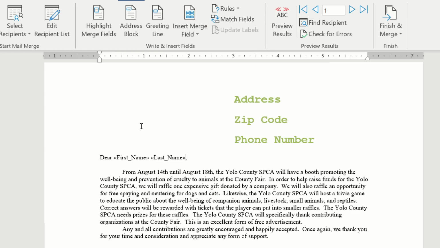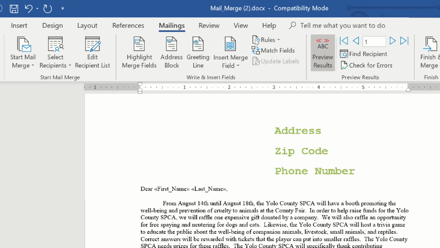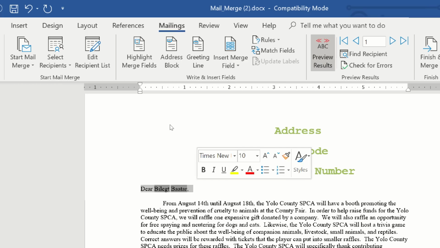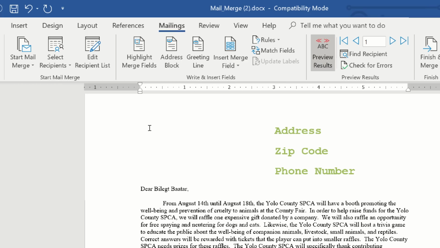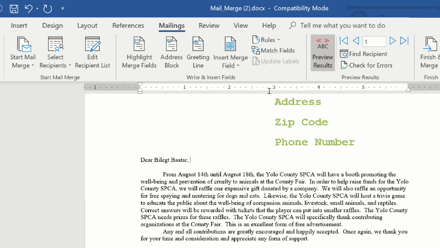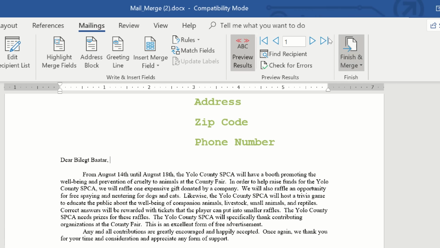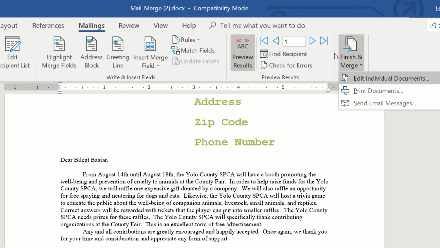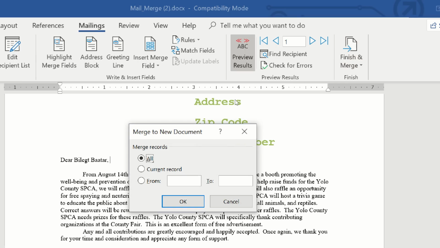So make sure it looks something like this, where you have a space in between first name and last name, and there is no space between last name and the comma. So this looks good to me. I can preview results. So that's basically going to show what it's going to look like once it is entered in my first and last names from my list. So that looks fine. What I need to do now is I need to finish and merge, edit individual documents,